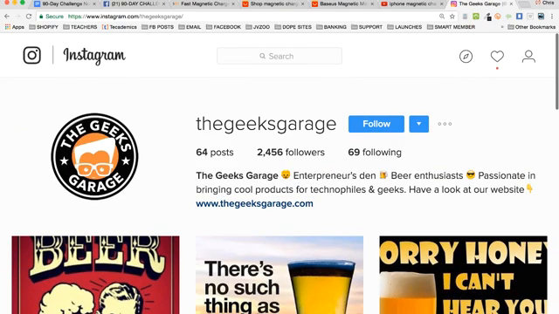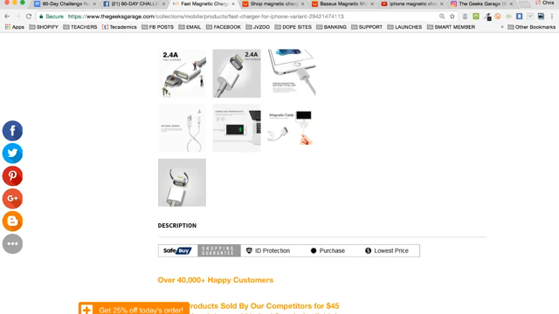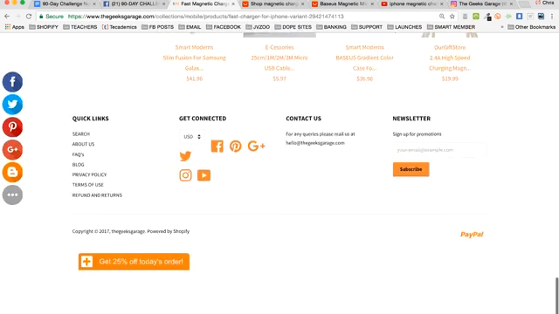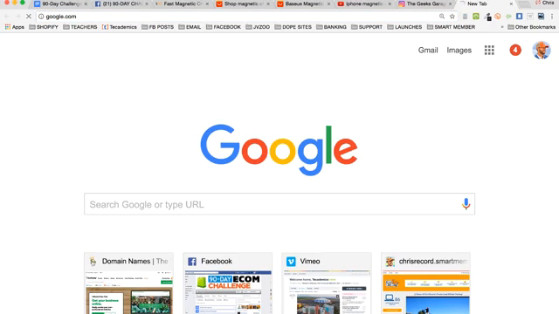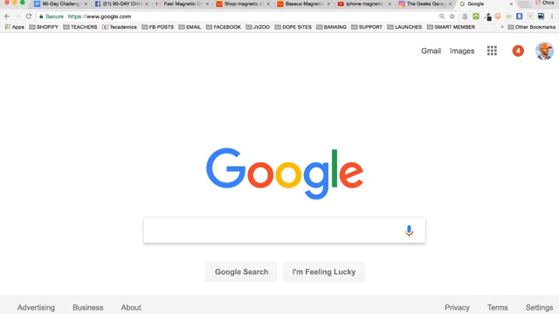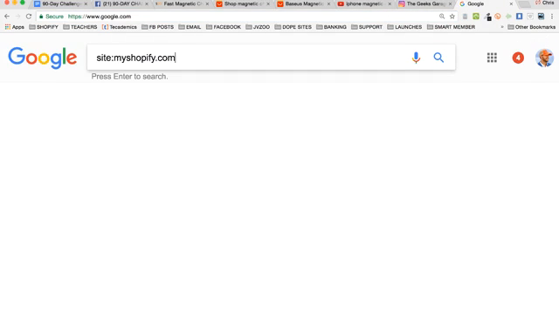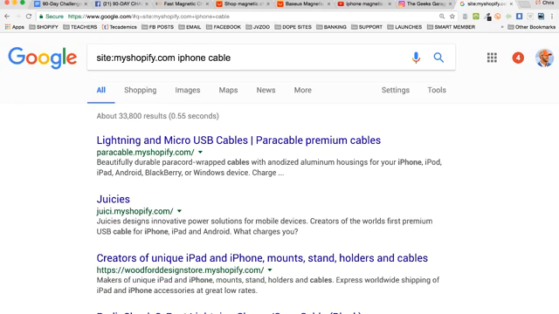Now, we could have also done this. This is another way to reverse engineer. How could we have gotten here? Let's go back to their site. Let's go down to the bottom of their page. A lot of social media, when you find these sites, let's do this. Watch. Go to Google. This is another thing that you can do. Site, myshopify.com, and let's do like iPhone cable, because that's what we're researching. And you're going to find lots of different